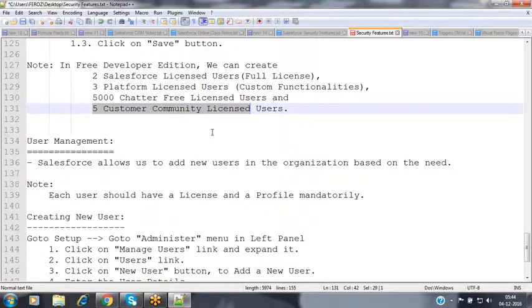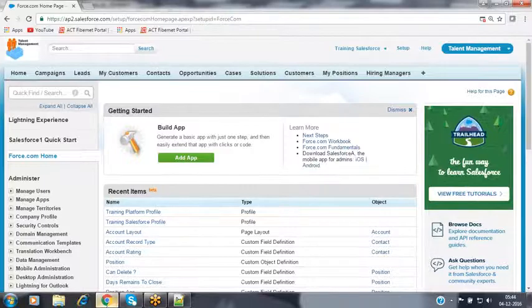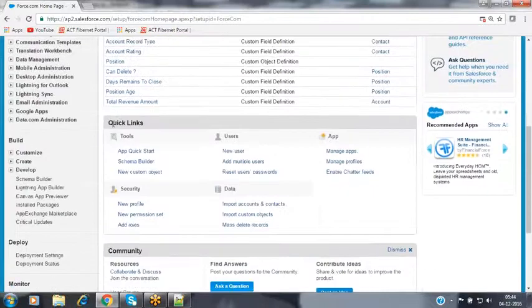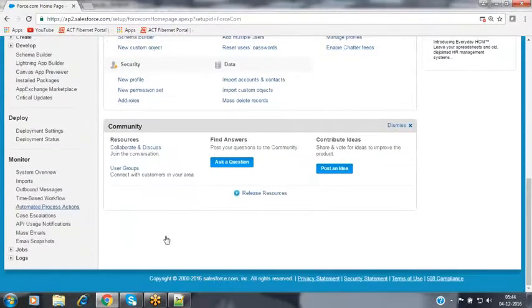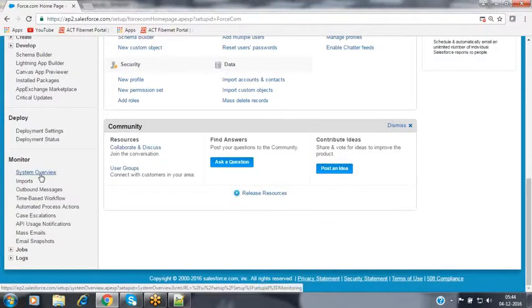Then how do we know how many licenses are granted by Salesforce to us? How many licenses have we used as of now? How many licenses remain? In order to cross-check that, we can go to the company profile, or else we can go to the system overview. When you go to the left panel, inside the monitor option, you will have the first option called system overview.